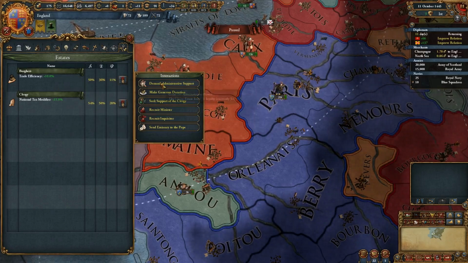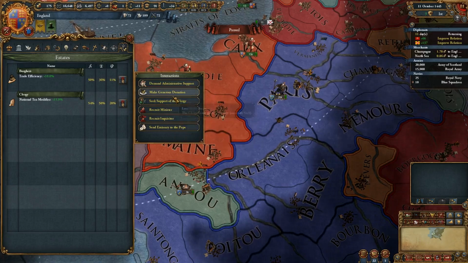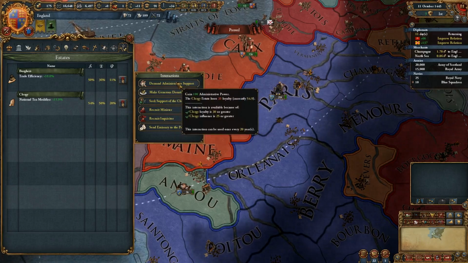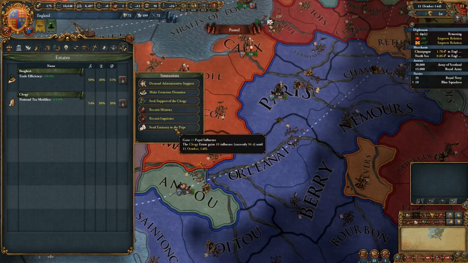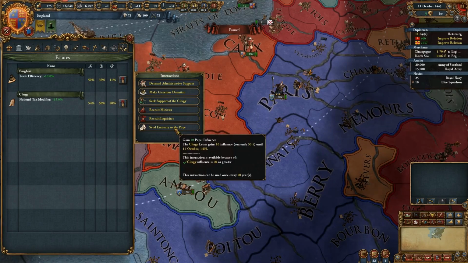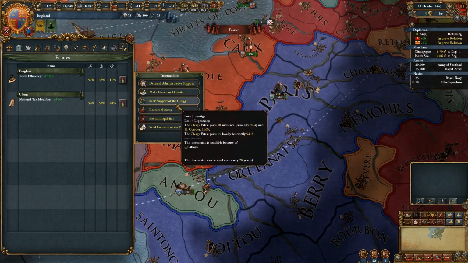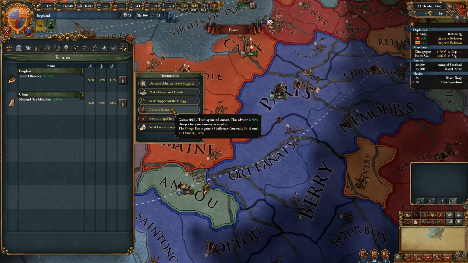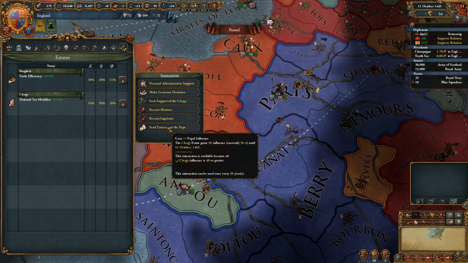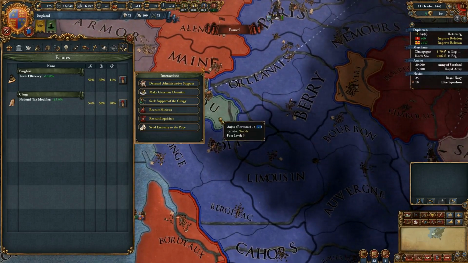The only way to get out of this government is through that event, which is practically unavoidable if you are expanding. So what we want to do here is, let's see, 10, that'll put us up to 60. That'll put us to 70. I don't need the admin points right now, but what I want to do is I want to get...